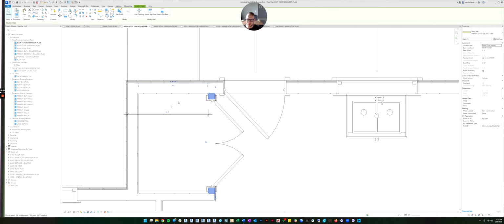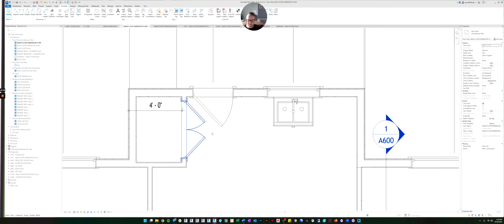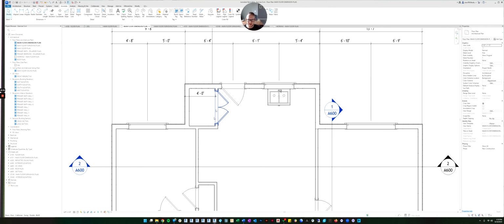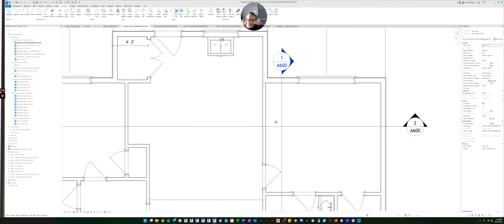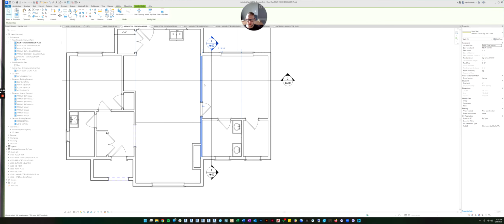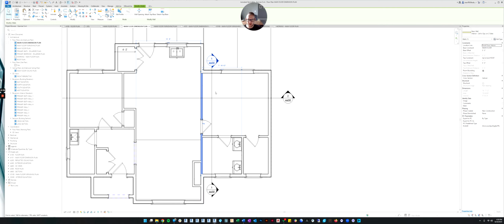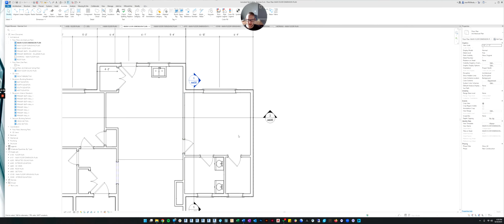And again, I'm going to move this wall so there's a clean dimension. We'll just make that 4 feet even. Okay, so now the closet can be built, no problem. The bedroom wall right here, that's easy. It just aligns with these 2 exterior walls, so no need to dimension that.